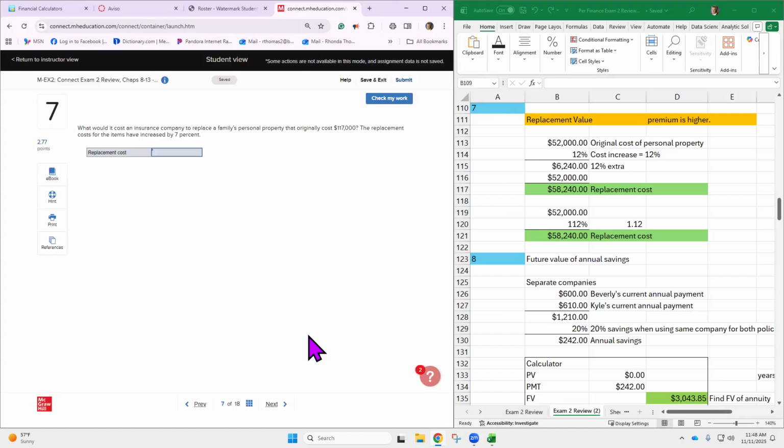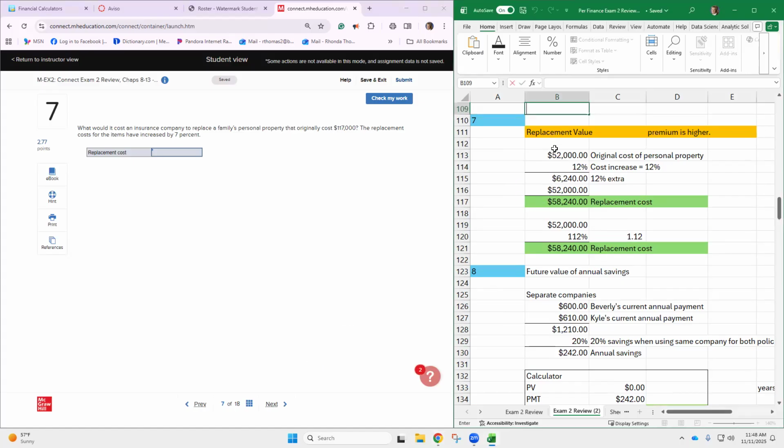So personal property adds up to more than you realize. Okay, I'm going to put that amount in my spreadsheet. $117,000. That's their furniture, their clothes, their personal items, right? And by the way, that's usually what is insured if you're going to have rental insurance. Now we are looking at in this problem a cost increase of 7%, from when they took the policy out to, and it doesn't even say how long into the future this is,